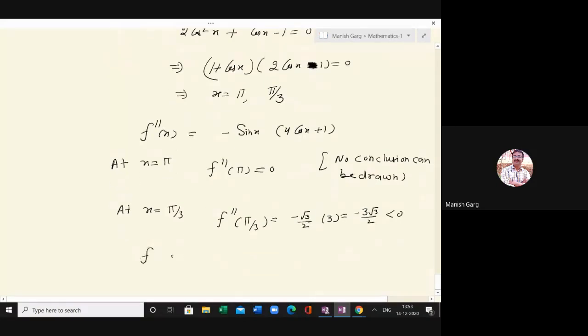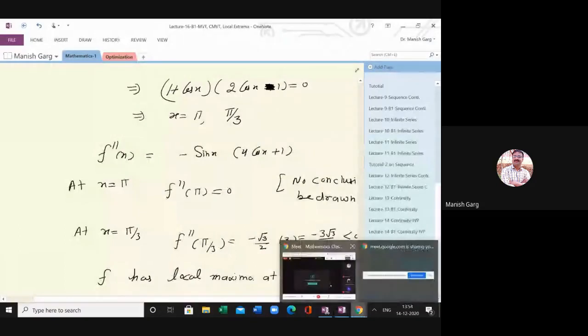So f has a local maxima at x is equal to pi by 3. So this is the question on local maxima. If anybody has a doubt, ask me. No? Okay. So now you have some